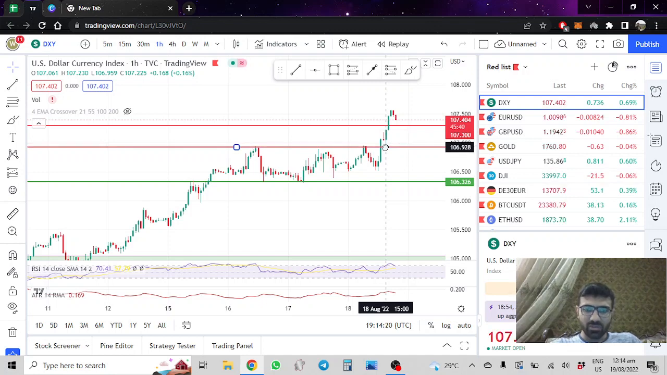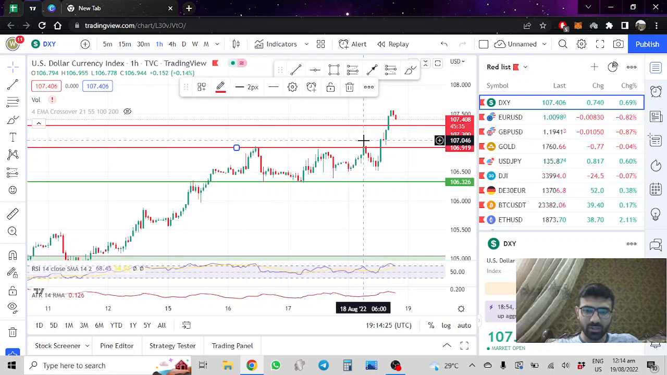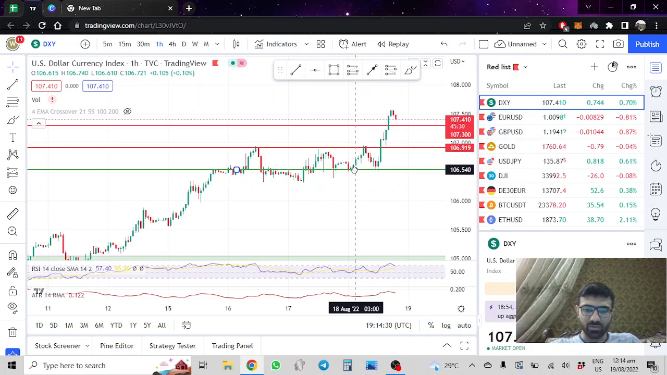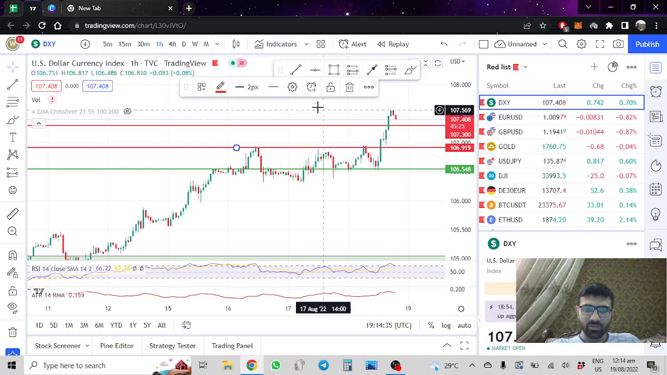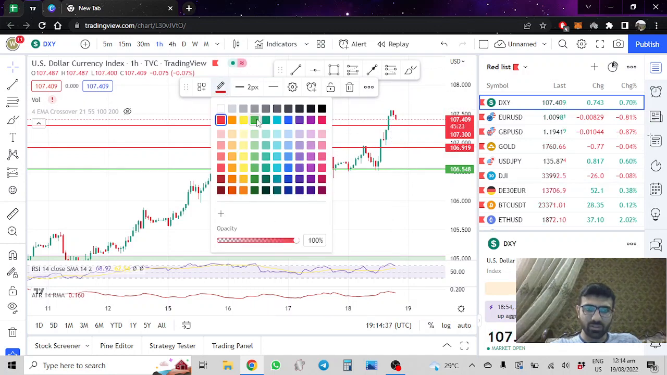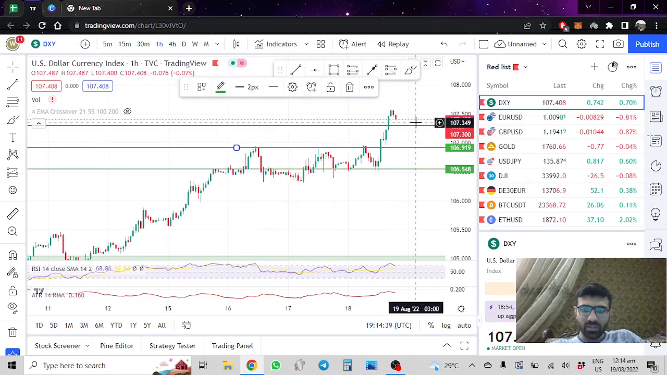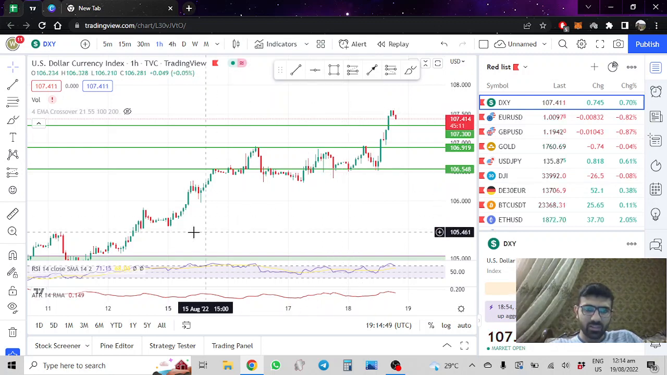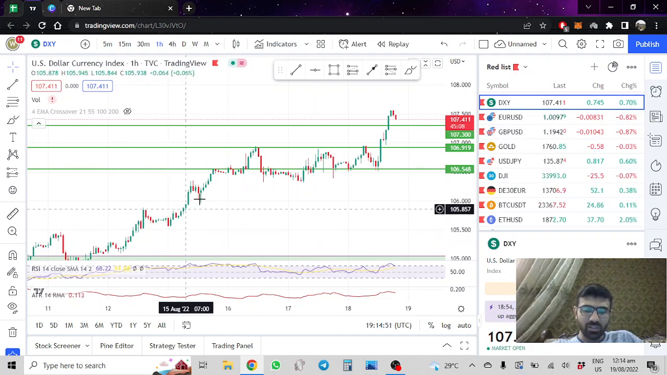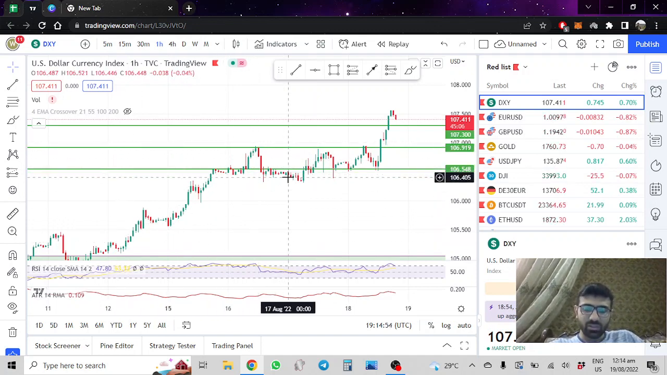As you can see, this area has been tested twice, over here and over here. And I'm gonna move this from the bottom to this zone, and this would be another area of interest. I'm gonna make its color green so you guys have a better idea, and this will also be green. Okay, so what I am currently looking at is that in 1 hour the dollar index is really bullish,